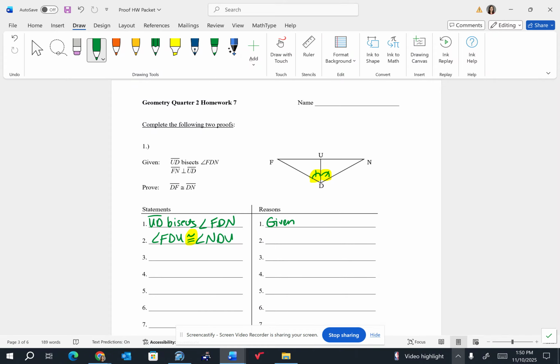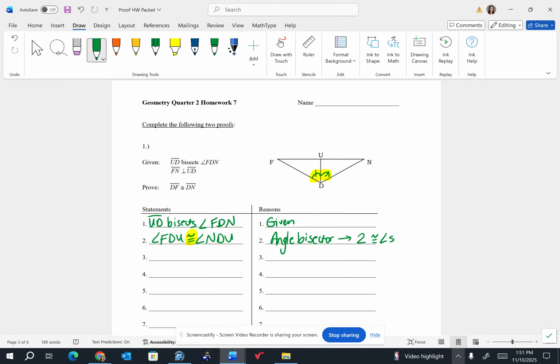My reason, I look up at step 1 and see what the vocabulary word was that I used. It was bisect, so I have an angle bisector. And what was I just proving? Congruent angles or congruent segments? Those were congruent angles. So now I'm officially done with the first given, and I'm ready to move on to the second given, which